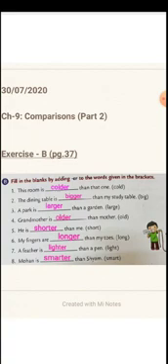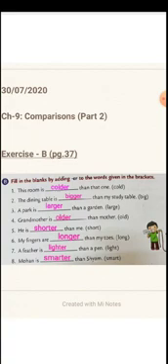Number 3, a park is dash than a garden. So we are comparing in this sentence park and garden. Comparison is being done. So the describing word large will become larger. So remember children, there is an E already in the word large. So here we don't have to put another E. We will just put one R there. That's it. So a park is larger than a garden.